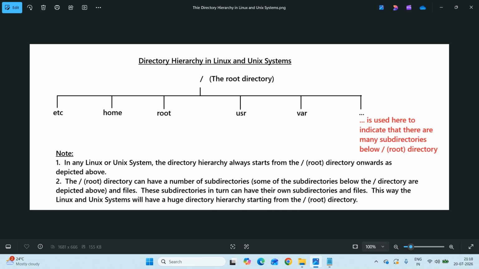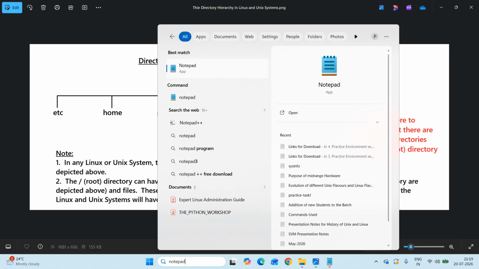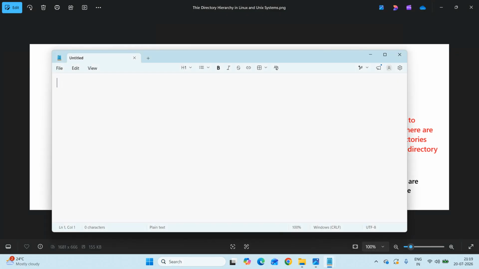Now I will write a little bit about these subdirectories that I have depicted here, people, in this paint document. However, there are many more subdirectories that are available below the root directory, and when you work with the Linux and Unix systems in real-time projects, definitely you will be working with a lot of subdirectories in the directory hierarchy of the Linux system or the Unix system with which you are working. Now I will write in a separate notepad document about the purpose of some of these subdirectories that I have listed here, people,